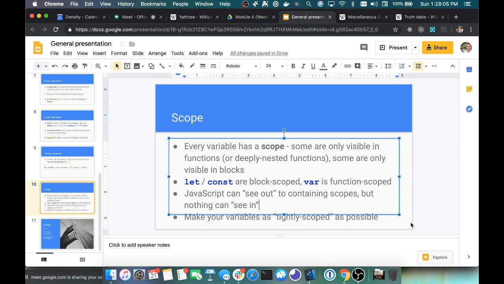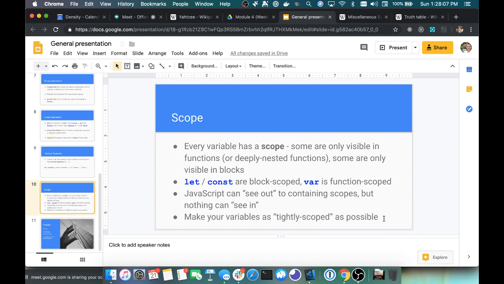In general, the guideline is that if a variable doesn't need to be outside of a function, if you never use it outside of a function, don't put it outside of a function. And the same for an if statement or any other block. If you don't need to use it outside a particular place, just don't pollute the global namespace,